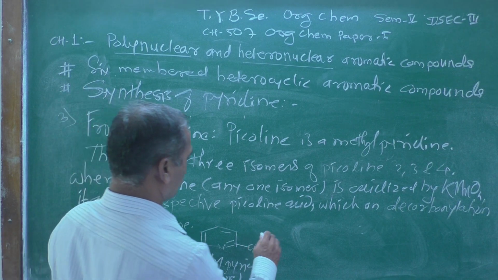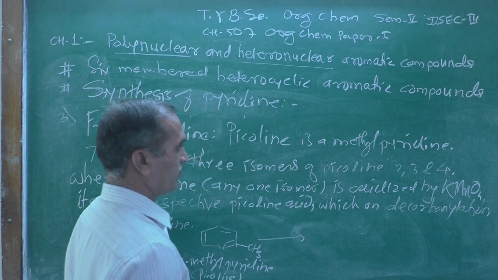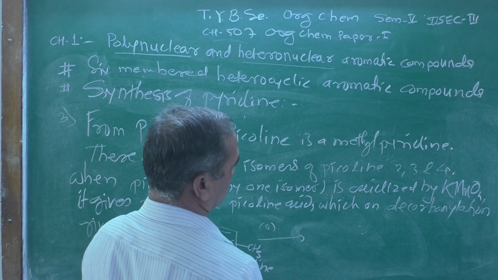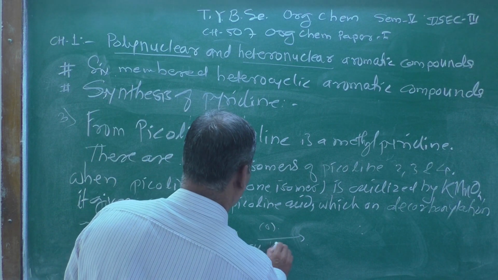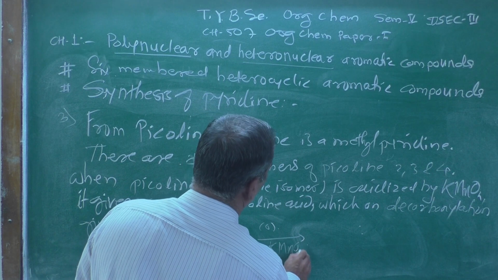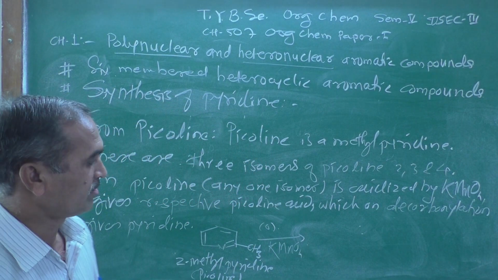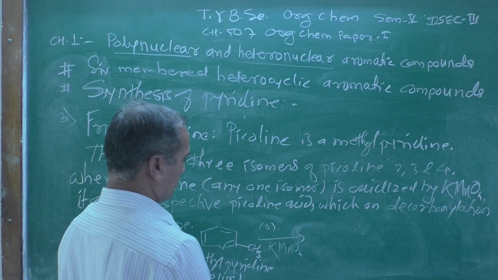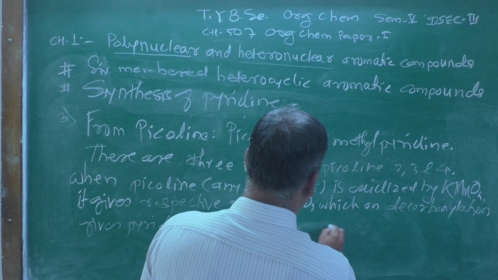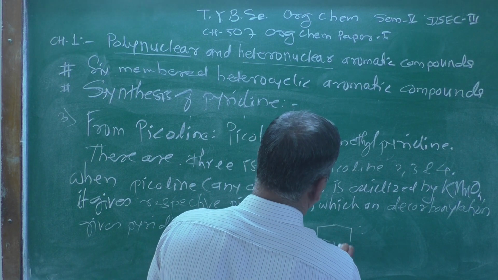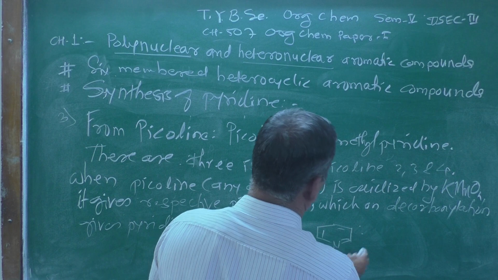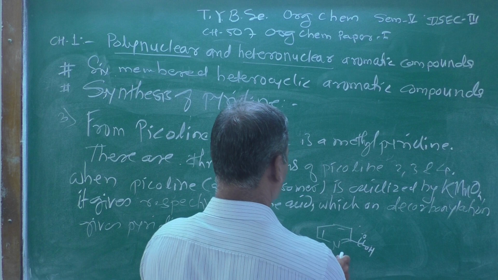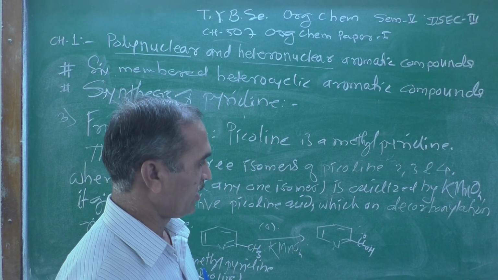And when this compound is oxidized by potassium permanganate, KMnO4, as we know that it is a strong oxidizing reagent, what it does, it converts the methylene group into a carboxylic group, that is C double bond OH, which is known as picolinic acid,